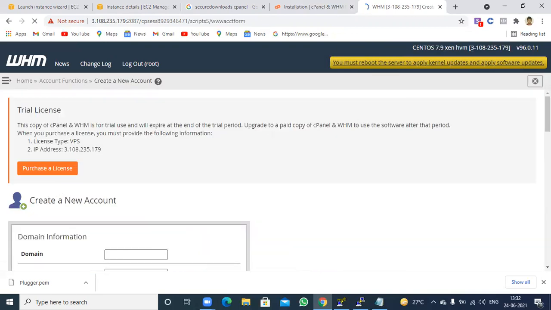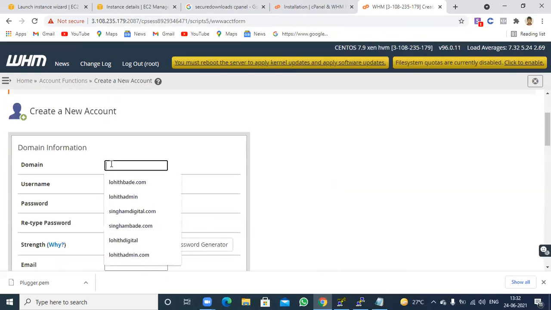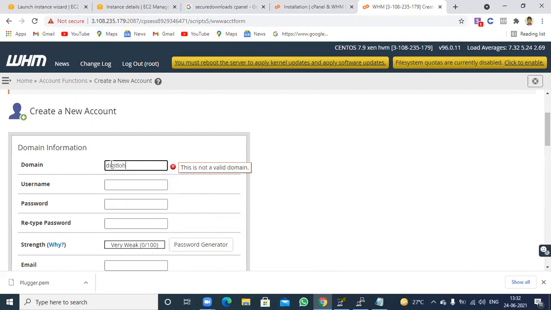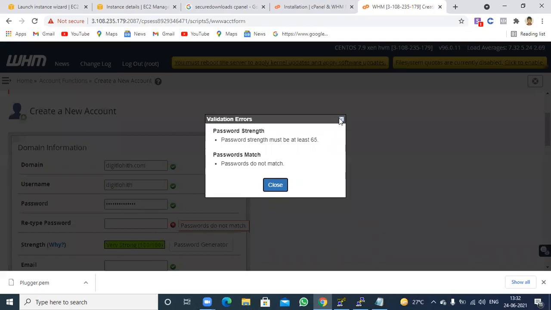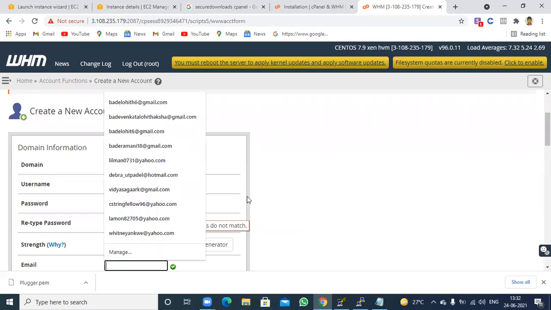So let us see. You can enter any domain name. For example, I'm going to enter the domain name digitaloid.com. Now you can create your username and password.